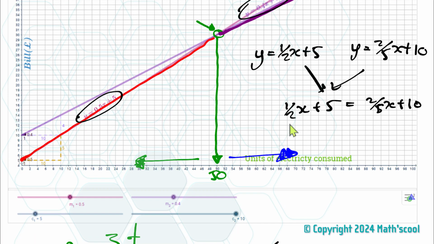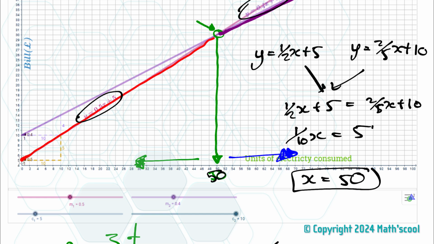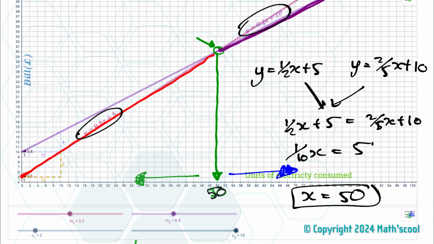Okay, so let's minus the 2/5 x from both sides. So that's going to be 5/10 minus 4/10, so it's going to be 1/10 x. And let's minus the 5 from both sides, equals 5. And let's multiply through by 10, x equals 50. Yeah, just what we suspected, it is 50. Okay, so 50 units is